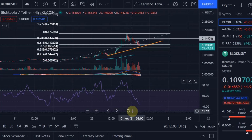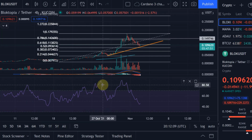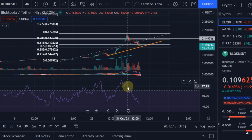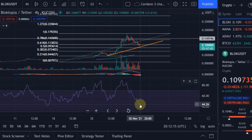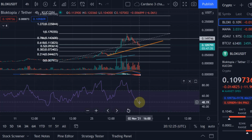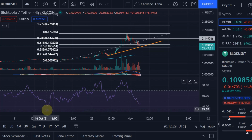In the 4 hour chart, we don't quite have that yet. However, we were in the overbought range and have now worked our way back into the neutral level, I would say, just below the 50 line. Maybe we'll get a turnaround here on the 4 hour chart, but certainly very important that we brought all of that down, which is healthy, which needs to happen, because from here, as we did here, we